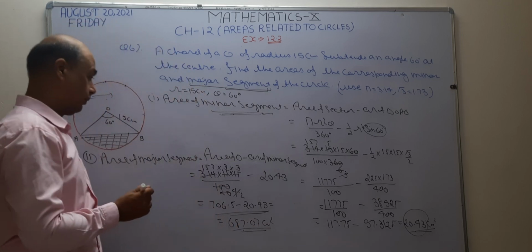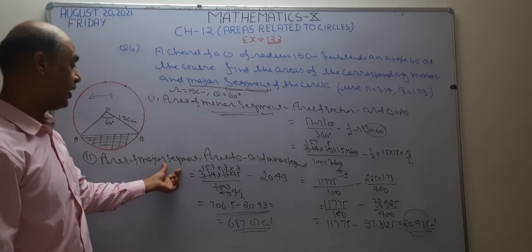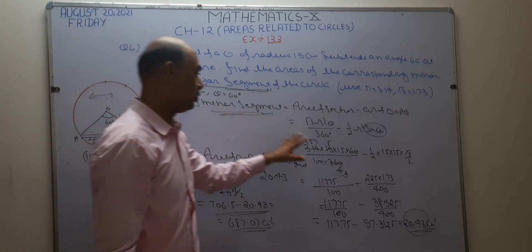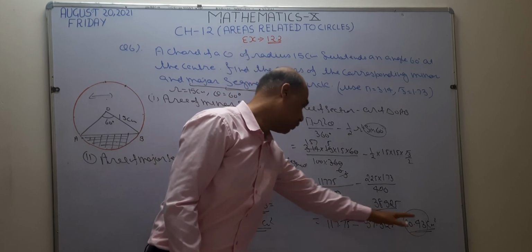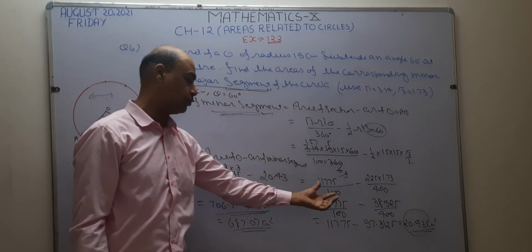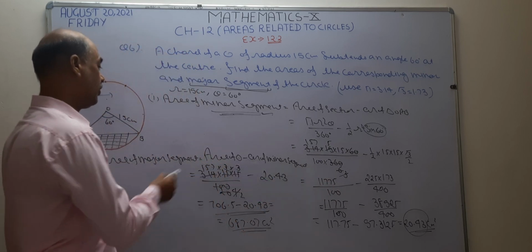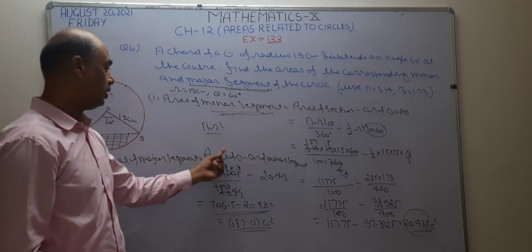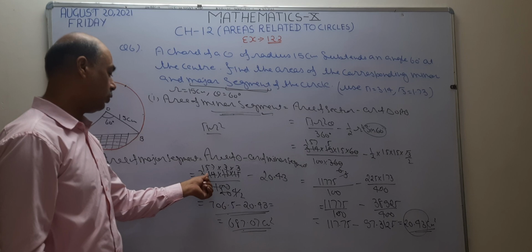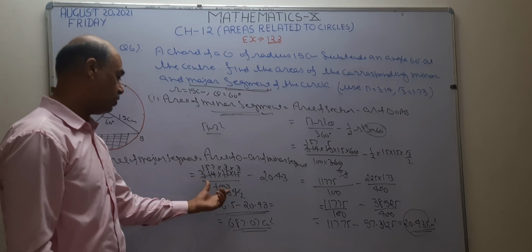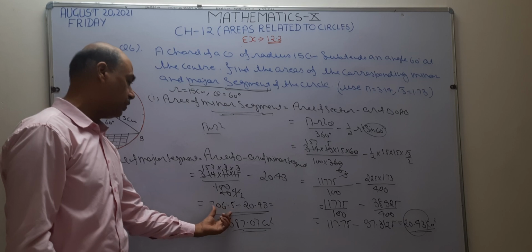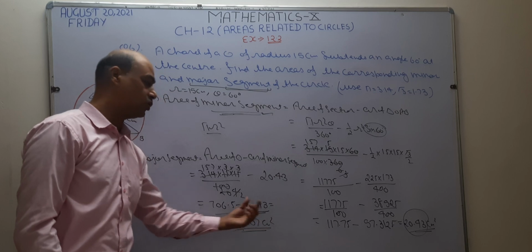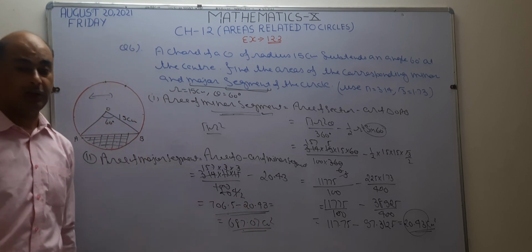Now see, I want to repeat this again. Area of major segment you are going to find. Formula: area of circle minus area of minor segment. Area of minor segment you already found, which is 20.43. Right here directly 20.43, using this first part. Now area of circle: pi r square. Value of pi is given 3.14 and radius is given 15 and 15. When I remove this point, 100 is there. After calculating, this value becomes 706.5. Now subtract the minor segment from the area of circle. The answer becomes 687.07. So this is your answer for area of major segment. I hope it is clear now.